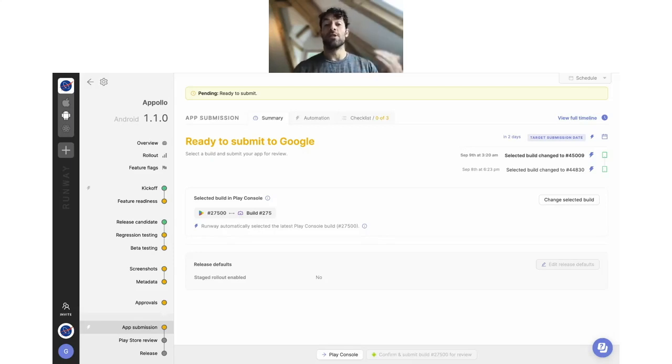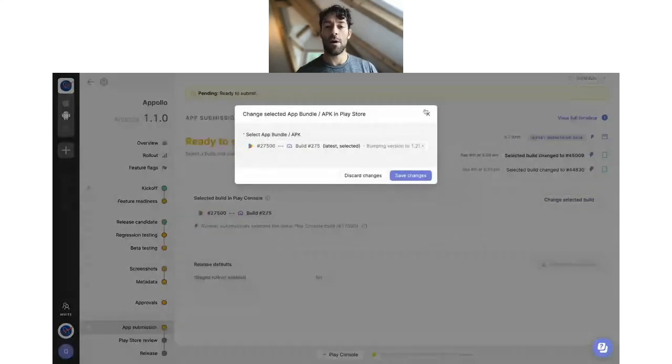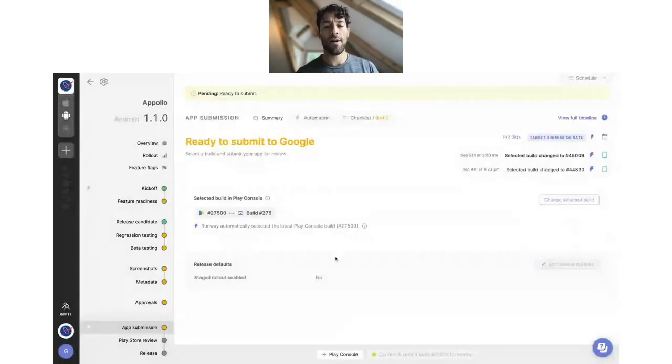So this is sort of a transition point where you can build out a flow that allows you to submit and release automatically when you get there, or you can do it manually, of course. And so this is what it looks like. You have your sort of submission step. You can select whatever build that you actually want to promote to prod. You can adjust your rollout settings, and you can go ahead and submit right from here